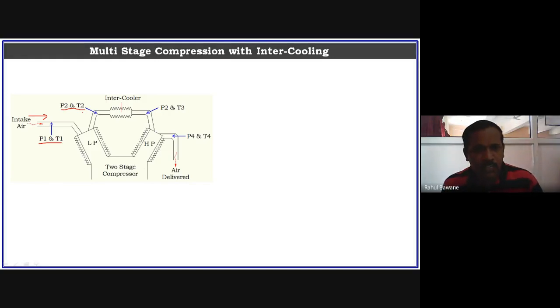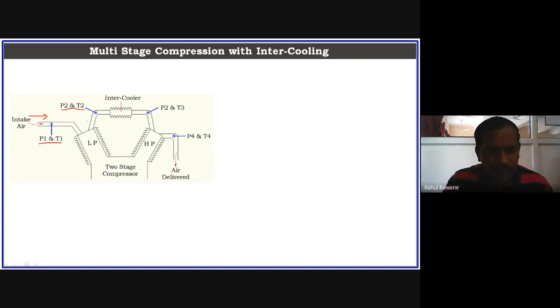Now the temperature of the compressed air is more, but as the temperature is high, that air tries to expand. That means this compressed air is already in expanded form. Now if I allow the same properties, same condition air into the HP cylinder, what happens? Already it is in expanded form. So the HP cylinder work will be lost to reduce the expansion, and only after that will it compress further.